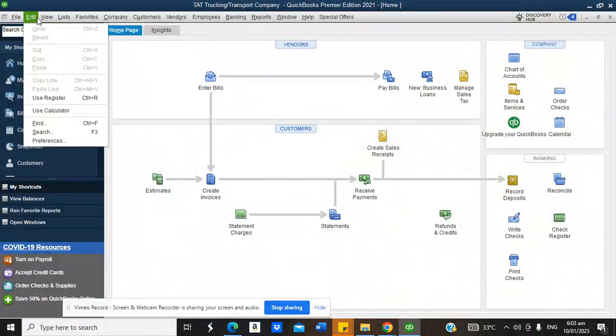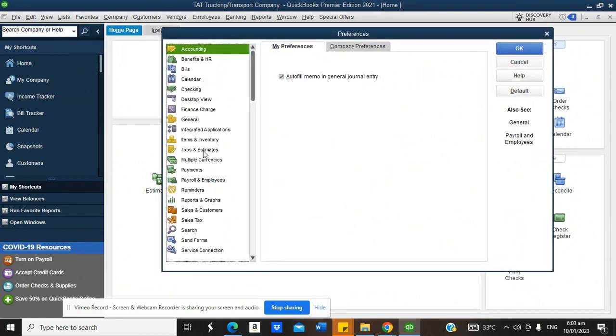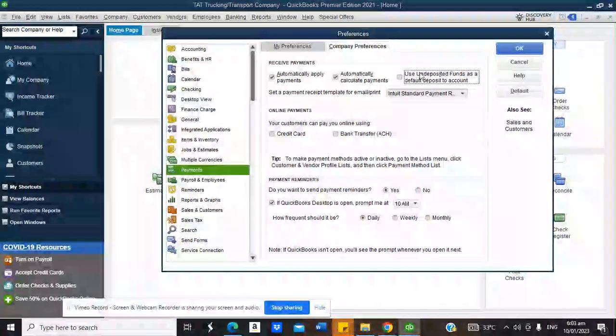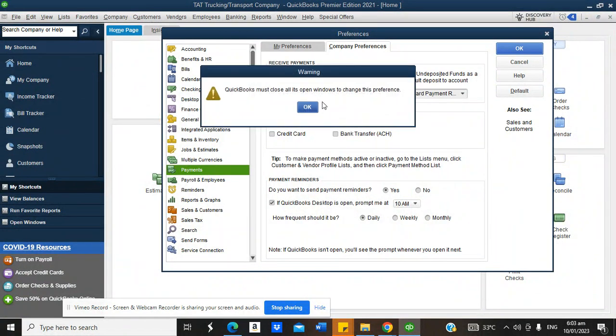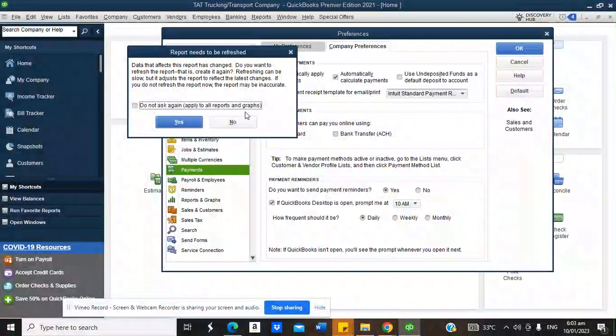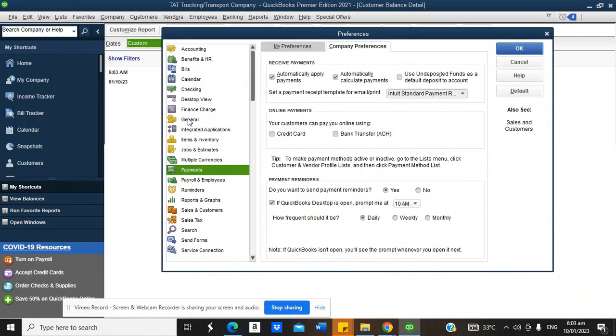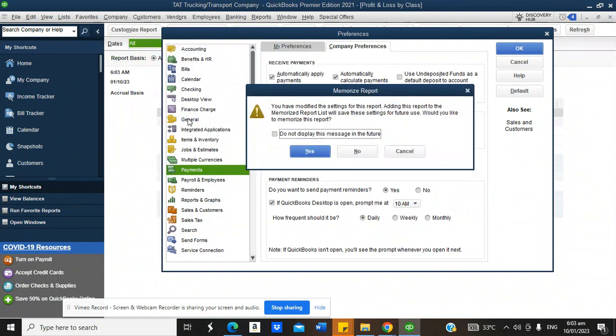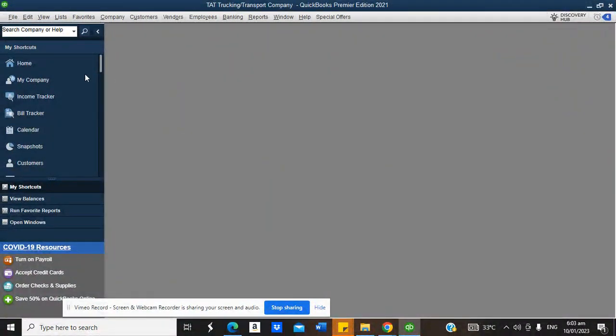So I'll come to edit, preferences, payments, company preference. What happens is anytime you receive payments in QuickBooks, the system takes that money to an undeposited funds account. But because we know where the money is going, we don't have to map it to undeposited funds. That's why I'm unchecking that undeposited funds as a default deposit account. So the next thing is whenever we receive payments now, we are able to select the bank where the money was paid into. So I'll go to home